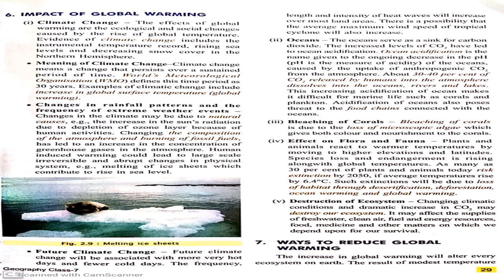So conservation of forest means preserving or saving the forest, then reducing the pollution emitted by the industries, and also reducing the carbon dioxide emitted into the atmosphere by the industries,